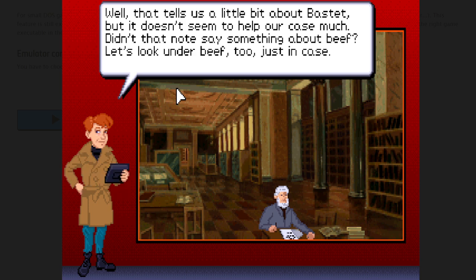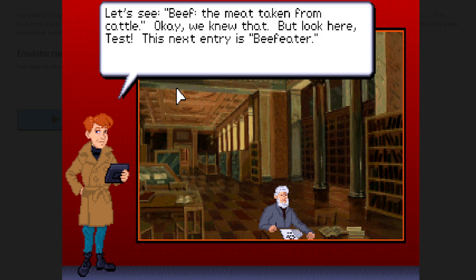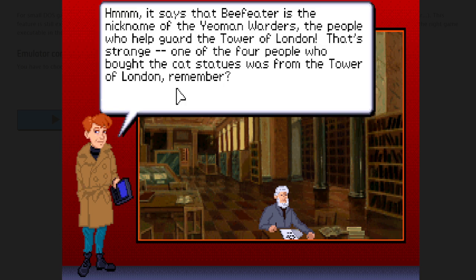Didn't that note say something about beef? Let's look under beef too, just in case. Let's see, beef, the meat taken from cattle. Okay, we knew that. But look here, the next entry is beefeater. It says that Beefeater is the nickname of the Yeoman Warders, the people who help guard the Tower of London. That's strange.